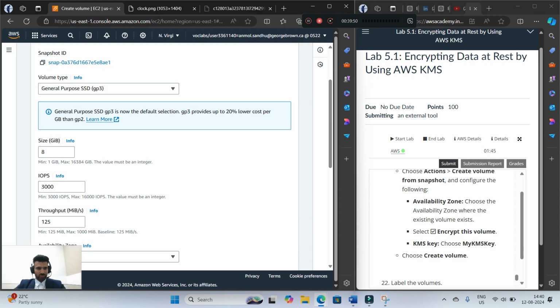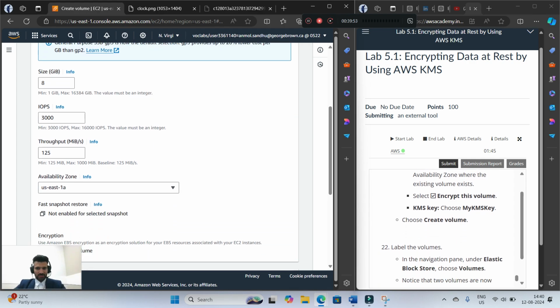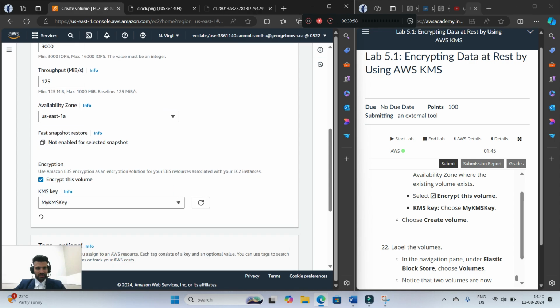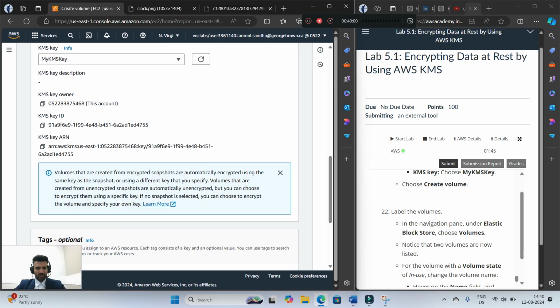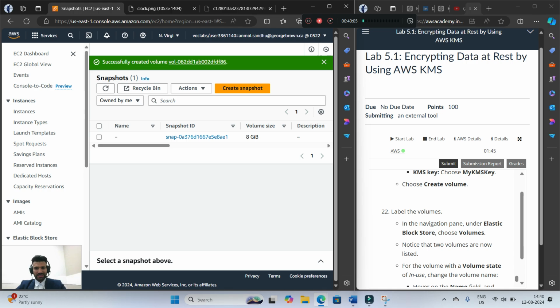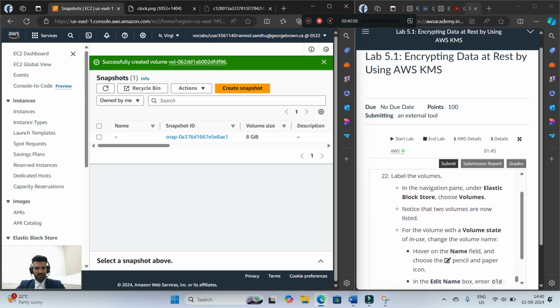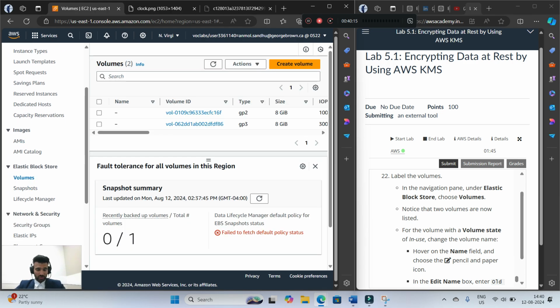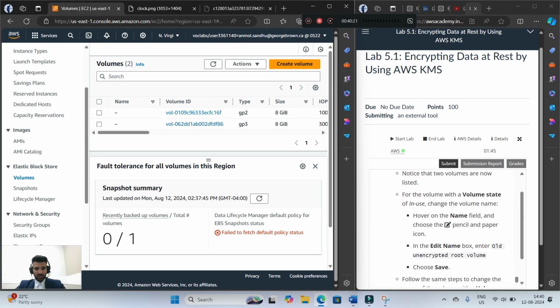Availability Zone, and then select encrypt this volume. KMS key is my KMS key, and choose create volume. Next is label the volume. In the navigation pane under Elastic Block Store, go to Volumes. Notice that 2 volumes are now listed. For the volume with volume state of in use, this one,